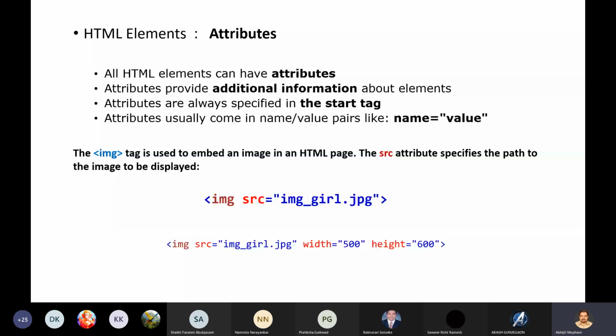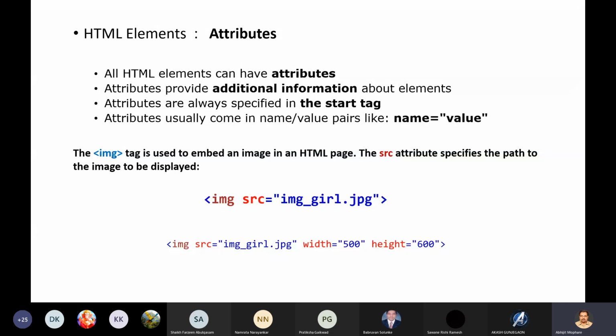Similarly, HTML elements also have attributes. These attributes define additional information about the elements. An HTML element can have many attributes, such as color, height, width, margin, padding, etc. Many of these are CSS attributes, and normally they are worked on inside the CSS document. Unless we work with CSS, we will not understand many of these attributes. Many attributes are worked with inside HTML also.